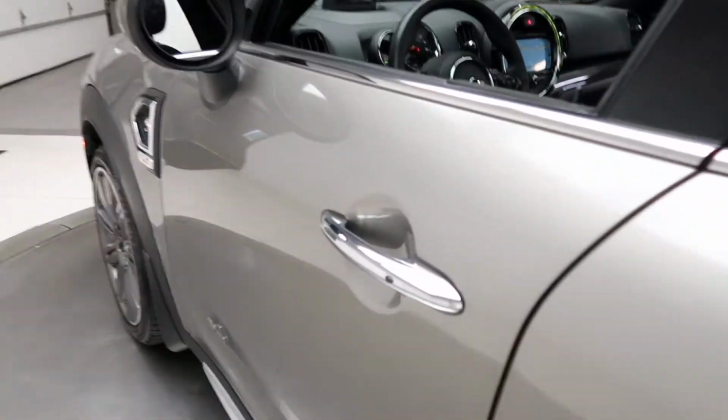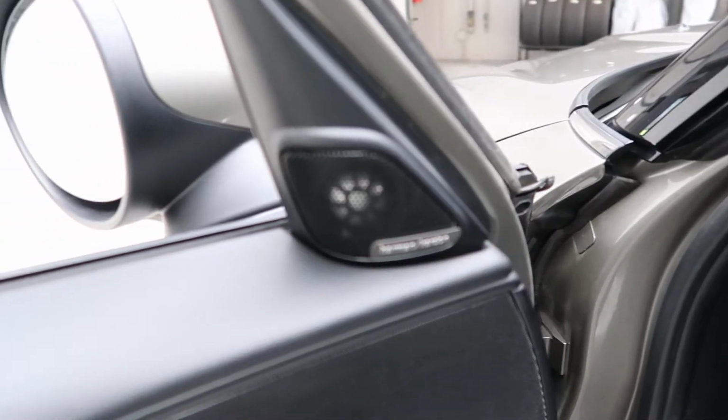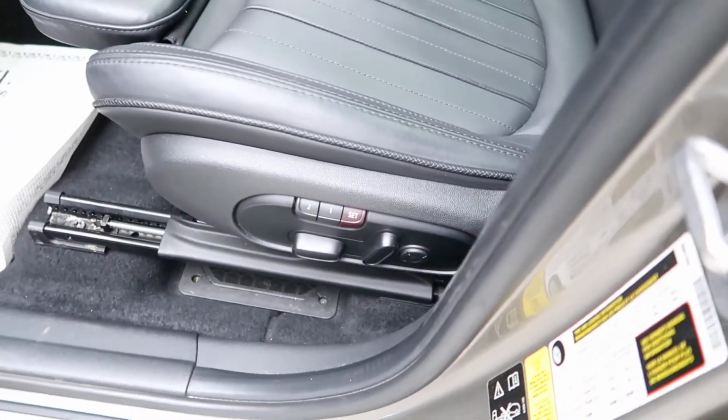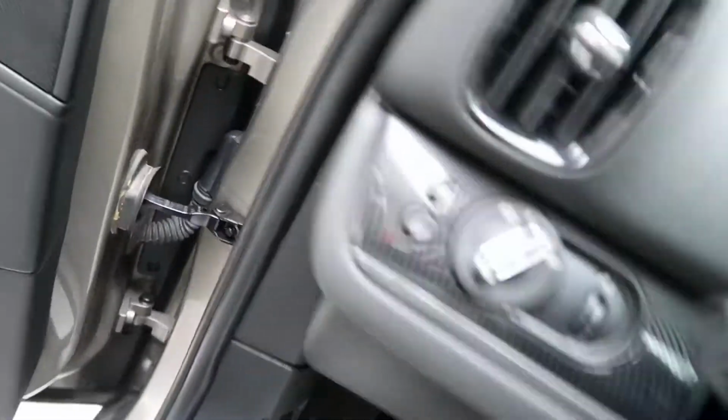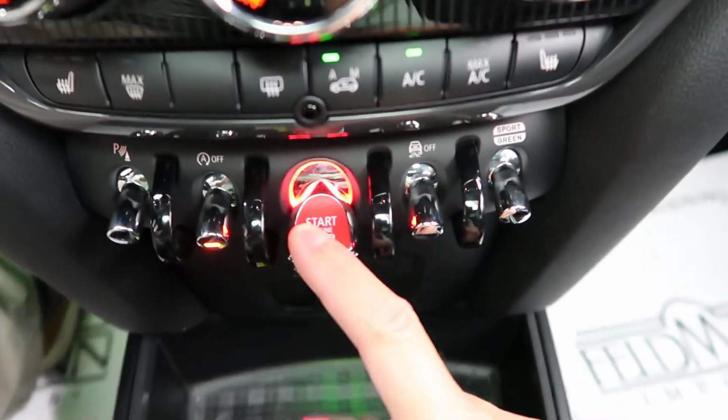Alongside, this one does come with a keyless entry. Harman Kardon sound system, power windows, power seats. Hopping in, we've got our steering wheel controls with Bluetooth capabilities, a push start ignition,